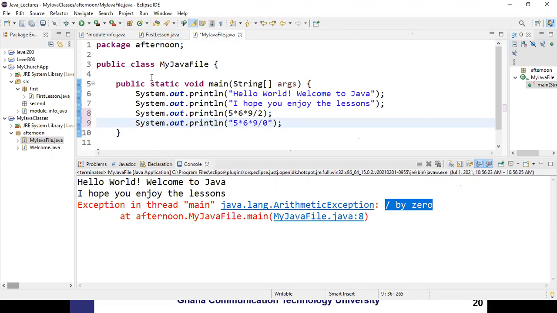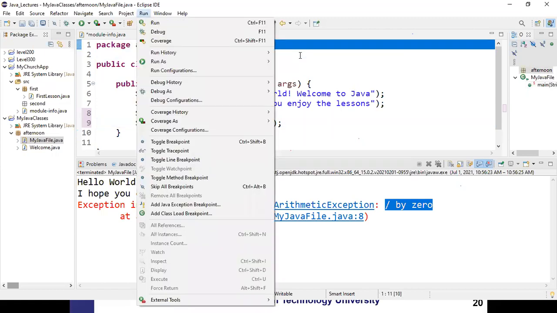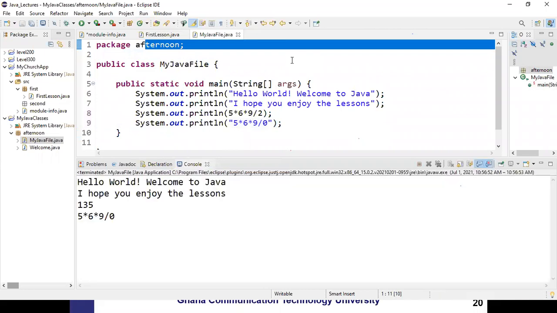Now, run this as application. It's able to evaluate the 135, because this is divided by 2,